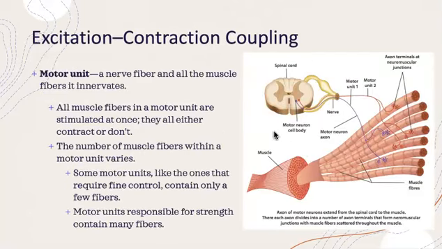All right, next let's talk about excitation contraction coupling. So we need to describe a structure called a motor unit. And this is when we have the motor nerve fibers coming from our spinal cord and supplying muscle fibers that it innervates. So when we have a muscle, it's not just one axon that moves down and supplies all of this. Instead, we have these separate different motor units, and this is going to be really useful for when we want to use our hand to pick up a pencil versus when we are using our hand to pick up